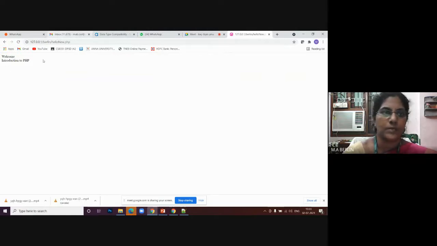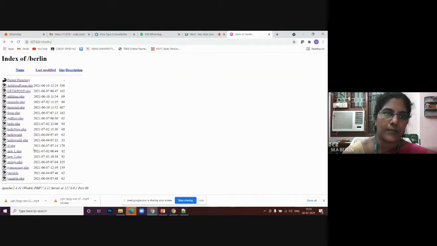Yes. So in this way, you can create the file in Notepad++, in the text editor, and the execution can be done only through the server. Here we have the WAMP server, and it is executed there. To see the other PHP files you have already created, just go back. Still in the WAMP server page, go back, and you can identify all the PHP files which you have earlier created.